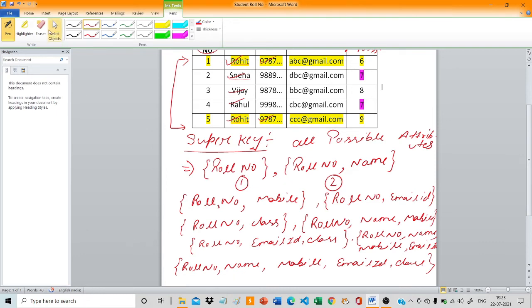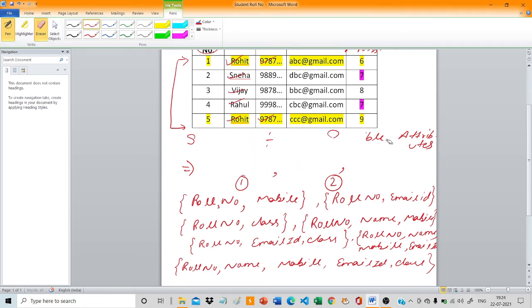Now we are going to discuss candidate key. Okay, so first I'm going to rub it. Okay, everyone. So what is candidate key? Candidate key is also known as what? Minimal super key. It is also known as minimum or minimal super key.